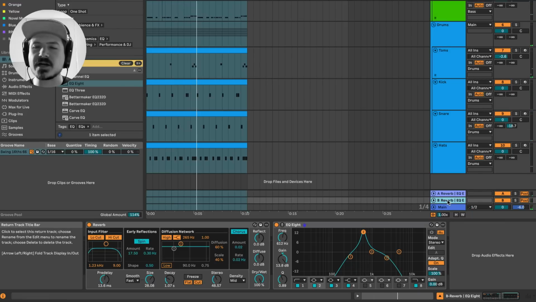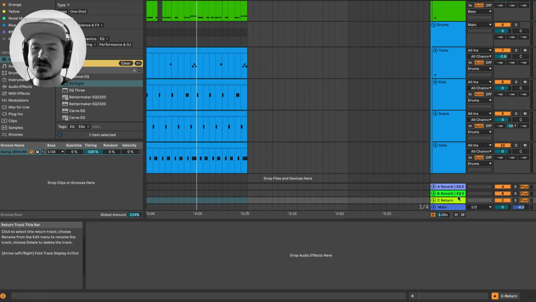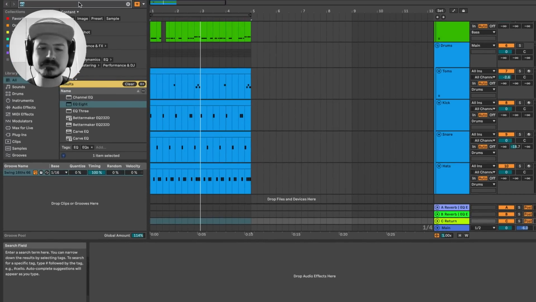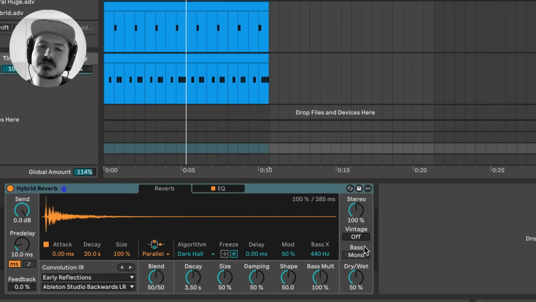So let's go ahead and do something else. I'm going to add another return track, and let's grab a hybrid reverb. Now, potentially you're still feeling like the drums are very dry. And something that we can do with hybrid reverb that's awesome is use convolution reverb to simulate